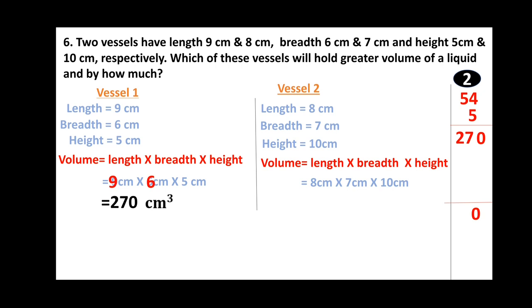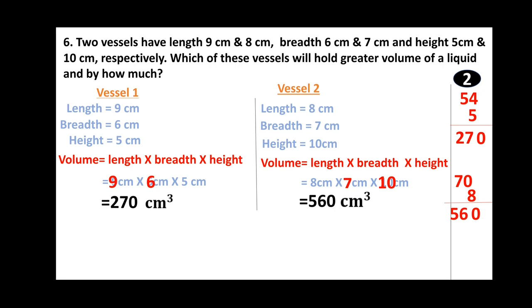It is given 8 centimeter into 7 centimeter into 10 centimeter. First of all, let us multiply 7 centimeter with 10 centimeter. That is equal to 70. It is not compulsory that you have to do in this order. You can multiply like how much is 8 sevens, then you can multiply with 10. That's up to your choice. I am only showing one way here because these are the basic calculations that you all know. Then 70 into 8. We know 8 zeros are 0 and 8 sevens are 56. So we will write the value 560 and the unit is centimeter cube.